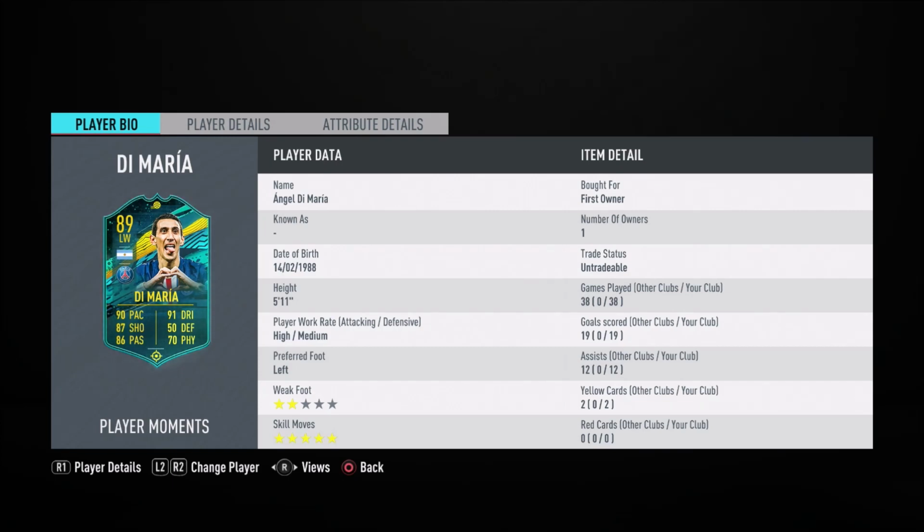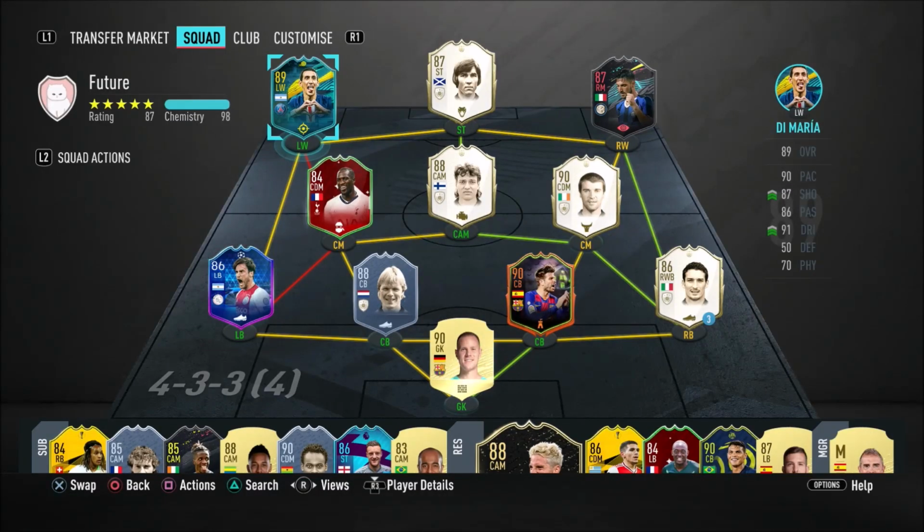It's just, yeah, Di Maria's weak foot is what normally holds him back. For me, he's played 38 games, scored 19 goals, made 12 assists. It's not bad, really. I suppose if you just keep him on the right side, he should be okay. Unless there's another option. I did also think about maybe going for a Dutch one and going for...